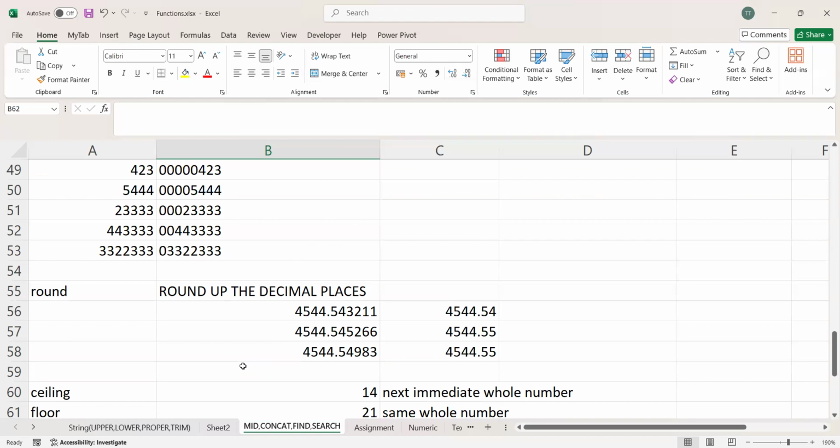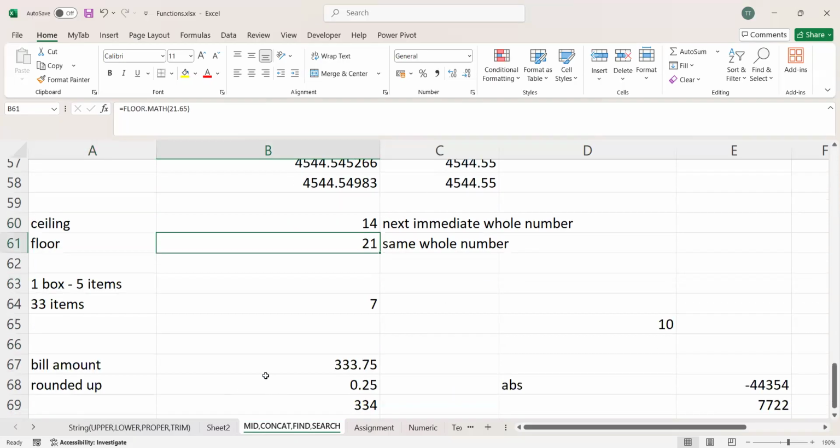Okay. So what is the real use of this? So why do I need to convert 12.5 to 13? Okay. Floor this number. For example,